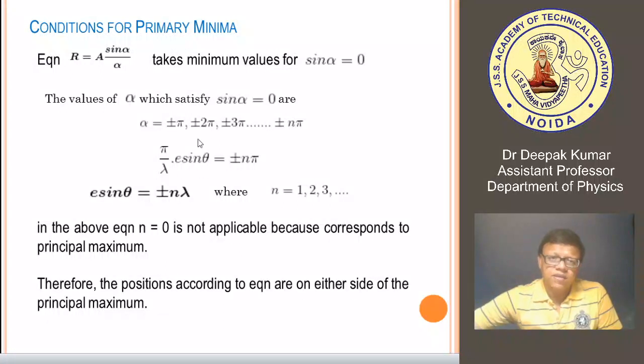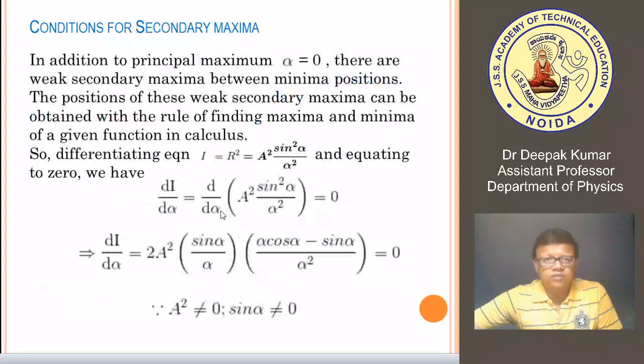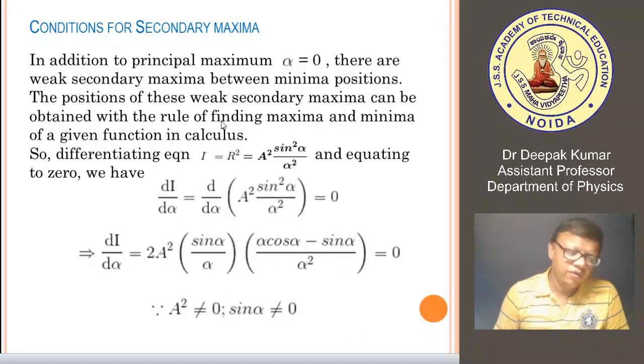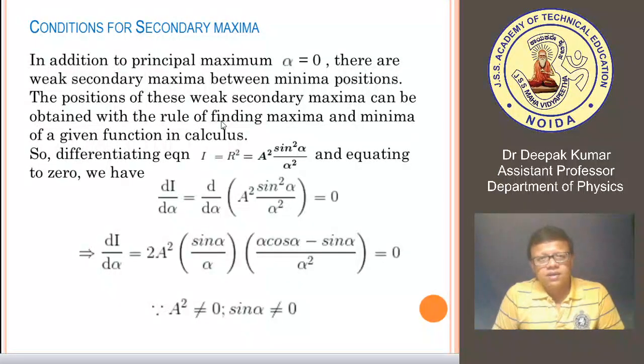That means this mathematical expression shows that the values of alpha are plus minus of pi, plus minus of 2 pi, and plus minus of 3 pi, and so on. So there are principal minima on the left side as well as the right side. At the same time, there is not only one central maxima, but there are some other maxima also, and intensity